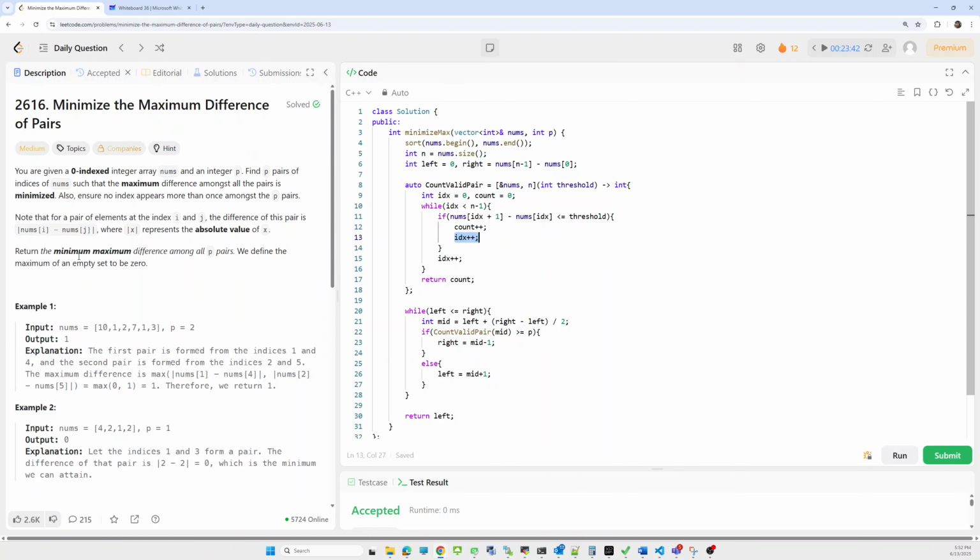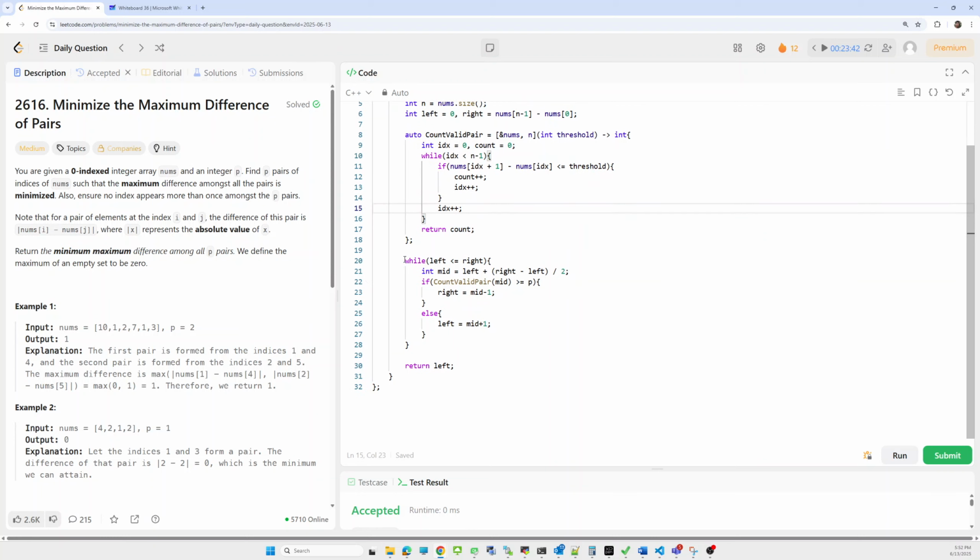So the current index will be moved by index plus plus, and the index plus one also needs to be moved, so we have to do index plus plus twice. Okay. Now in the same way we'll count all such pairs whose difference is less than or equal to the threshold, and in the end we'll return the count.